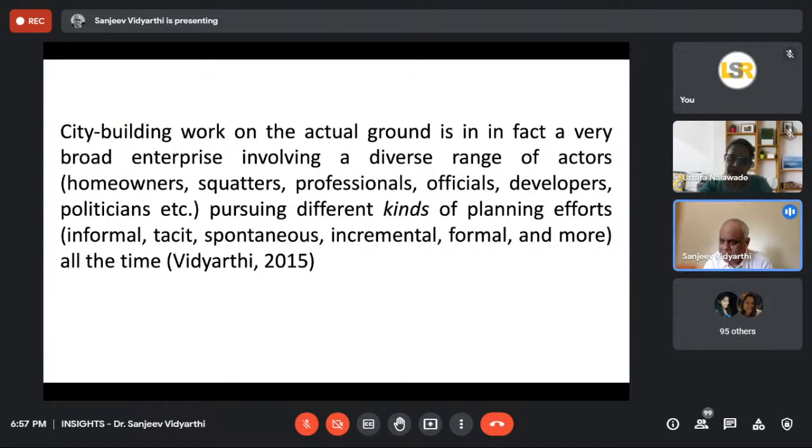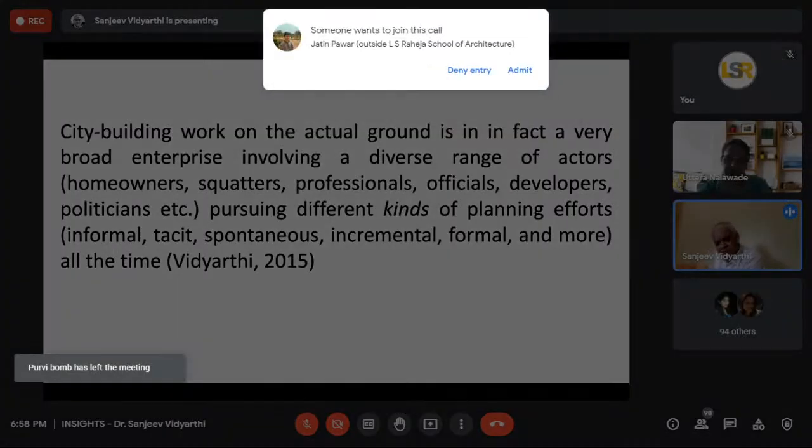We think it's only the government, it's only the BMC जो अपना एक master plan बना देगी और MMRD कुछ plan बनाएगी और transportation वाले बनाएंगे और सब उसको follow करेंगे. That's one way to think of it. And governments and government agencies hope and believe that unka master plan everyone has to follow. Not really true. People make their own plans.